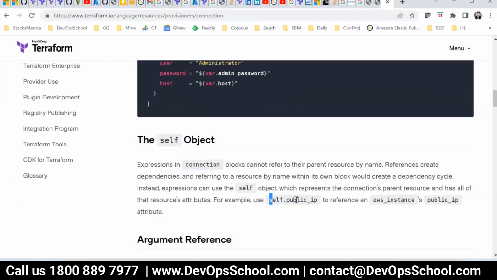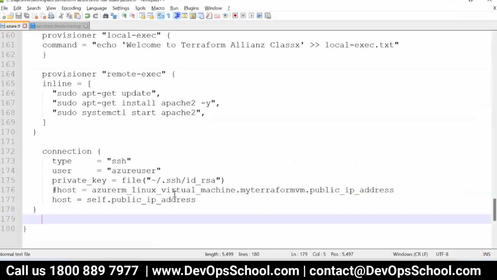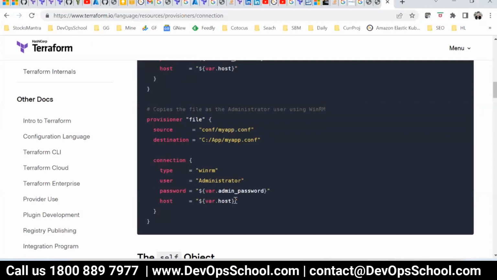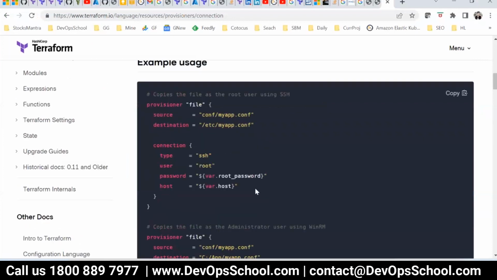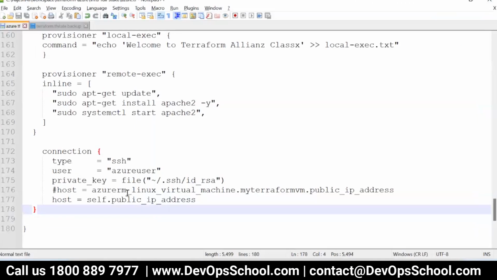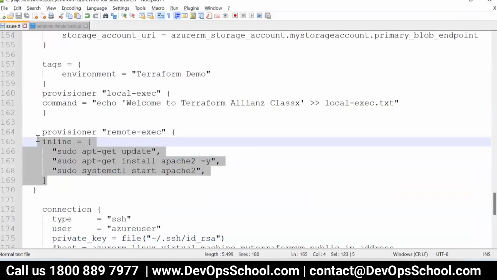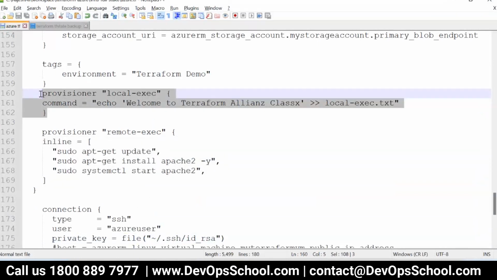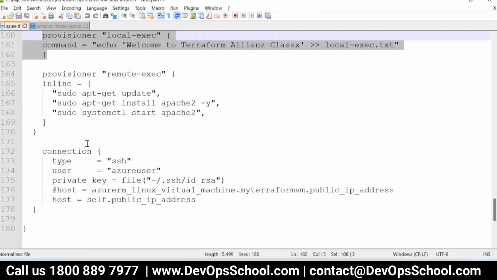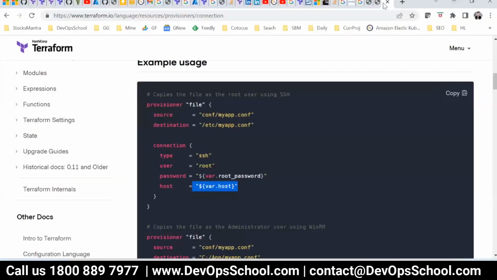Okay, did you understand that, all of you? I'm using self. Here if you are setting the variable IP address and all, you can use this one. Okay, so I'm not using variables. So done. So I made the connection, guys. I made the provisioners also. I made the local exec also. And one thing which is missing right now is a file. So file is easy. File is easy.